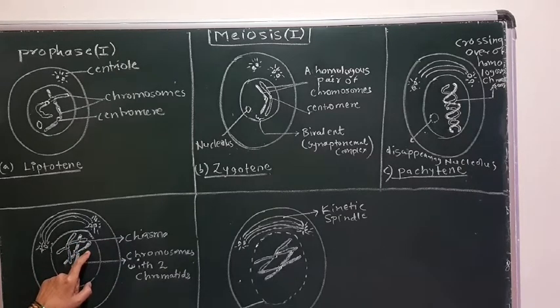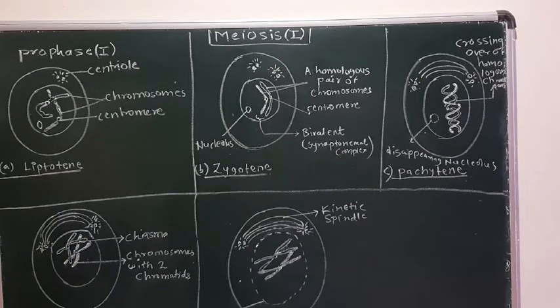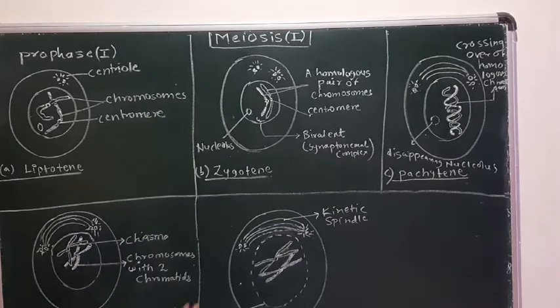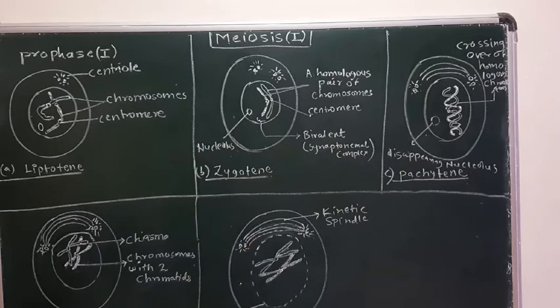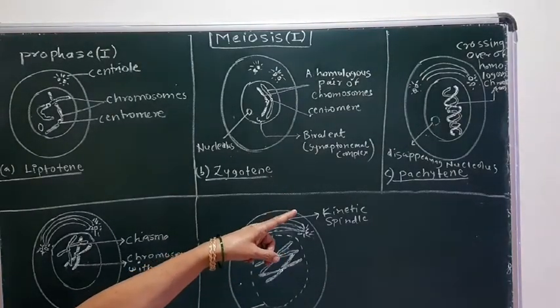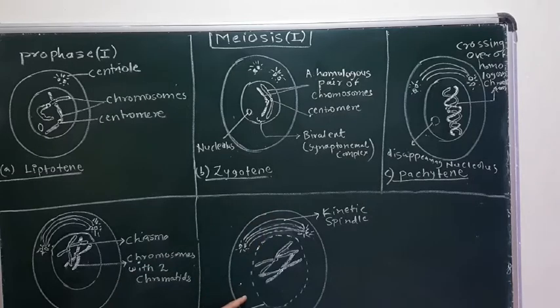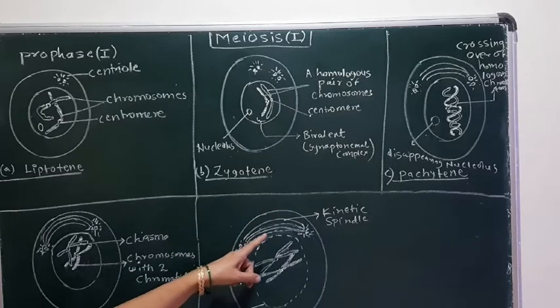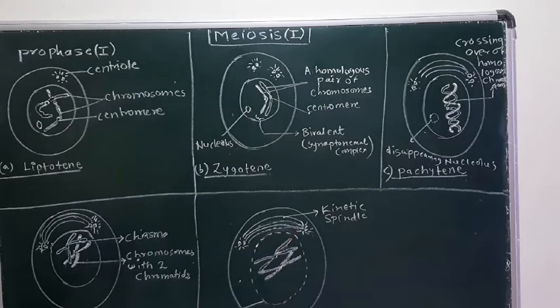So the chiasma formation occurs, which is a crossing over that happens in diplotene and in diakinesis, the last phase of prophase 1 of meiosis 1. In this phase, the nuclear membrane breaks and the nucleolus totally disappears. Here it starts disappearing in pachytene only. It gets totally lost, and the spindle fibers originate, and there is a crossover of the homologous chromosomes.